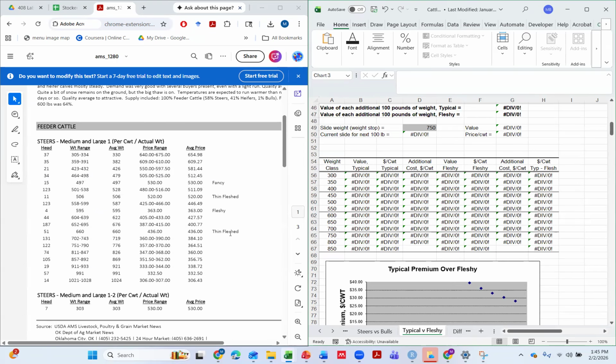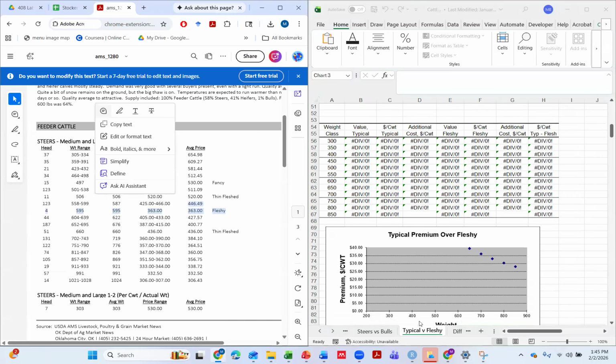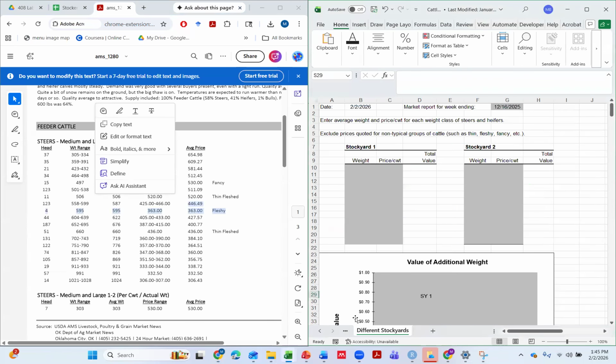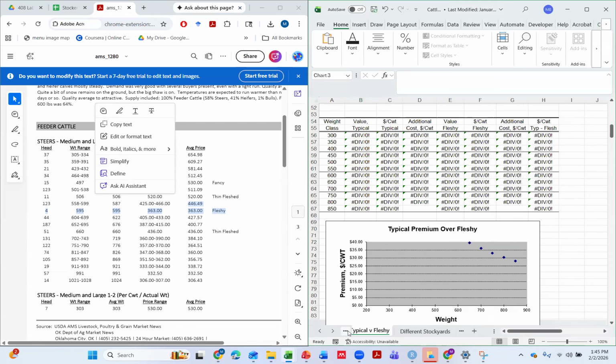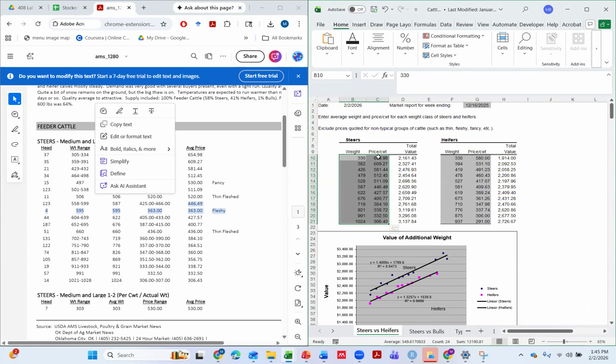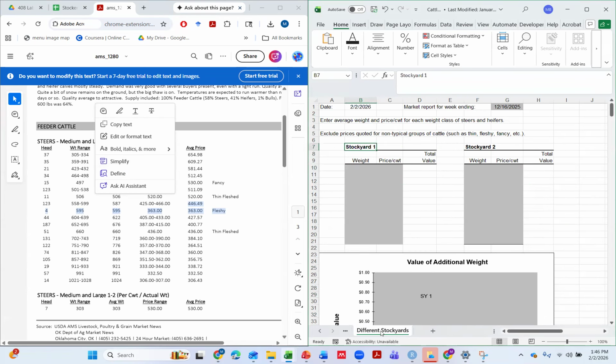Let's see. Here we really only have one class that's designated as fleshy, so I don't know if we'll worry about that. And this is where you'll do the assignment for your lab, where you'll have a stockyard one. So the stockyard one you'll set as Oklahoma City National Stockyards. And it'll basically be these steers here, right? And then for stockyard two,